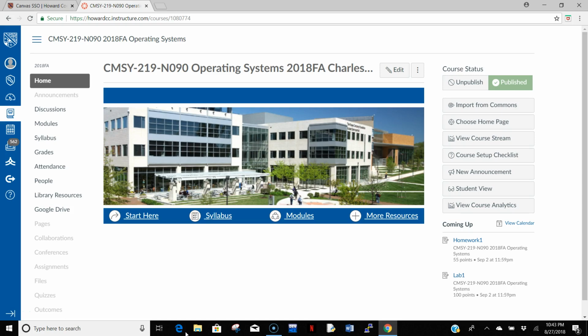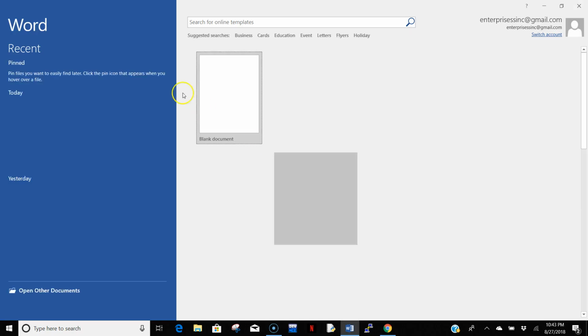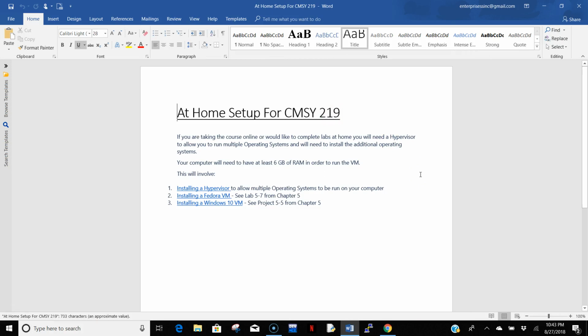But generally, all the labs are done on your home computer, and you will be submitting the completed labs into Canvas. A little bit later, I'm going to give you information about the labs. I'll post this as well. There's several software you need to install on your home computer, on your laptop or desktop. We'll be installing a hypervisor, and then you'll be installing Fedora VMware, and then you'll be installing Windows 10 VMware